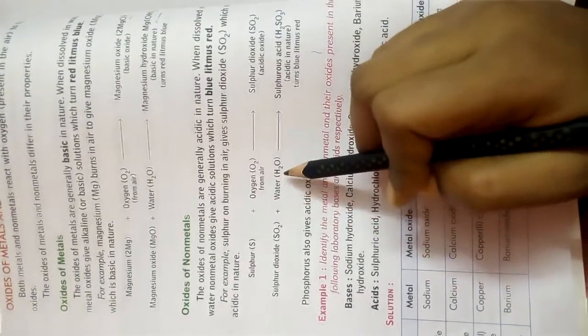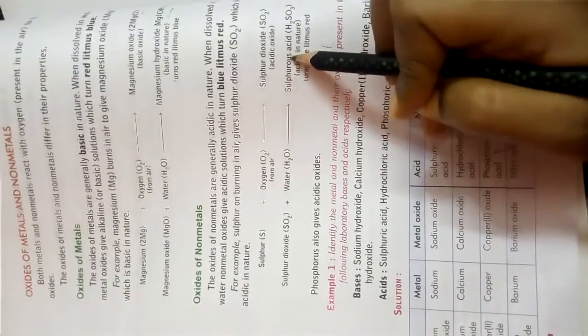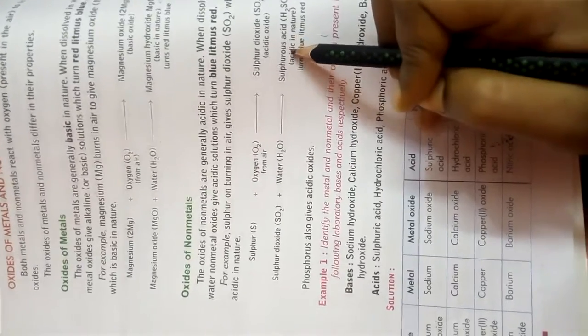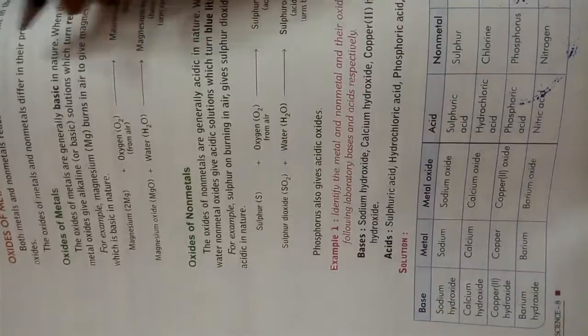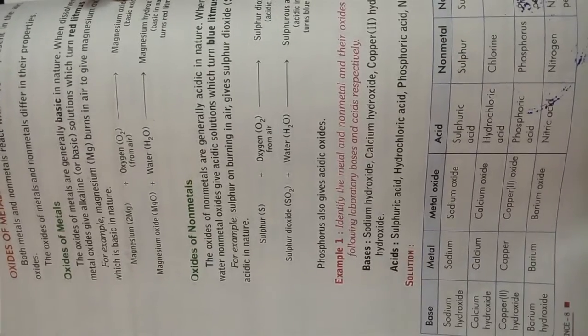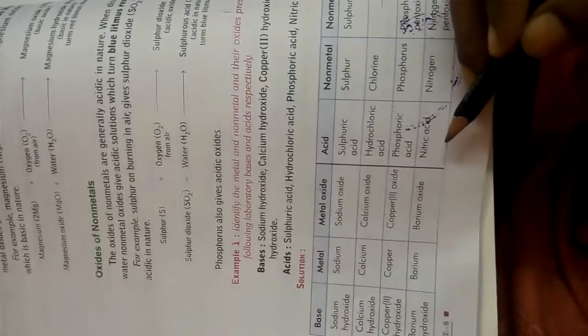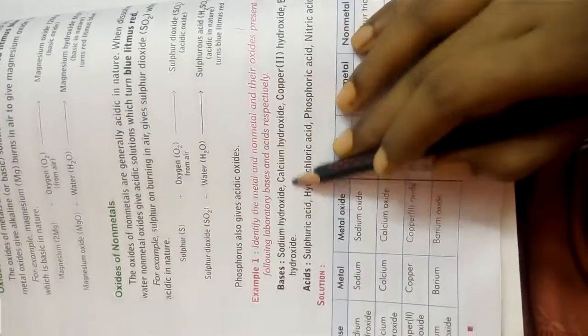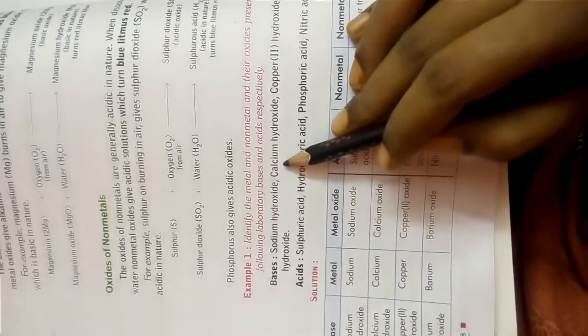Okay, so I think you better understand the reaction of oxygen with metals and nonmetals. Here are some practice questions for you. I think you can easily identify among these which are metals, which are basic oxides, and which are acidic oxides. Now we come to page number